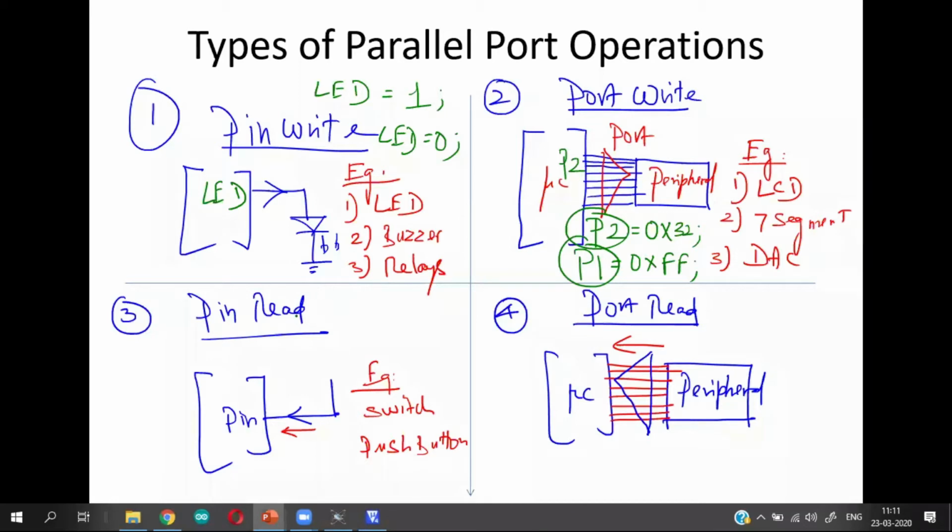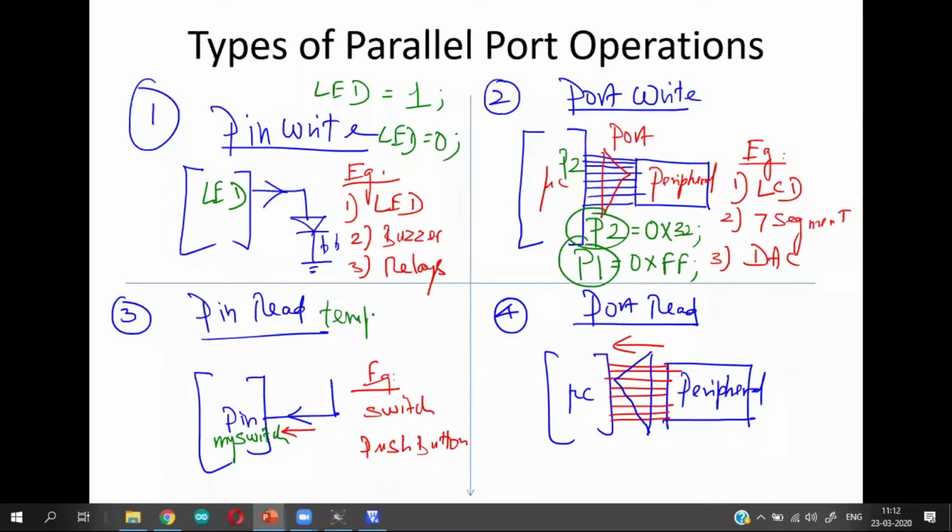As far as pin read is concerned, we are reading a particular value from a particular pin. Say, for example, I give a name called my switch. So you can read that value into a temporary variable.